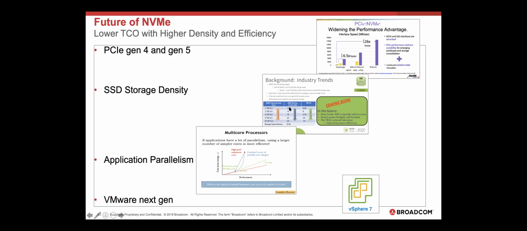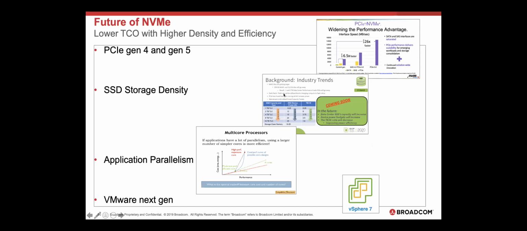On the storage density side, if you followed what, for example, Intel is very open about what they're doing around their solid state media developments, especially in their blogs, it's very interesting to see how not only the density from a capacity perspective is going up for every generation, but also the IOPS capabilities. And there is this expectation that,